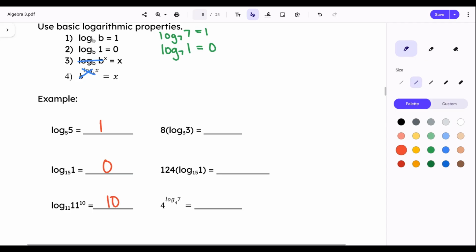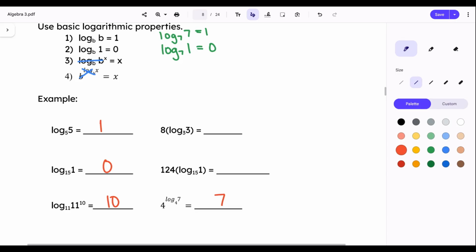Okay, now if you skip over here to the right side, just go directly to the right. This bottom one is just like number 4. The 4 log 4 is going to cancel off, and you're going to be left with just the 7. Okay, so those 4 match those properties perfectly up above. Now these remaining 2, they don't look exactly like what we saw up above, so we need to rewrite this